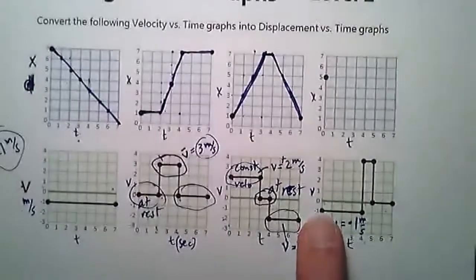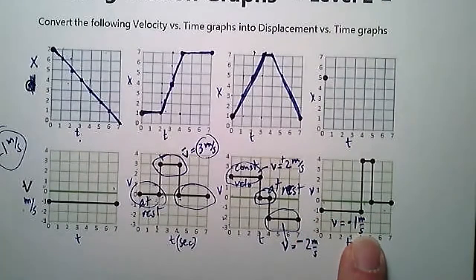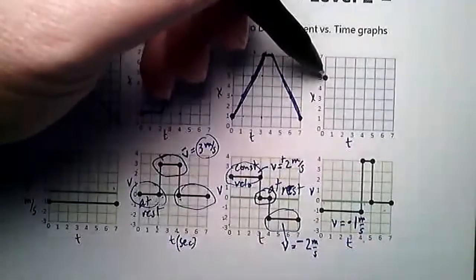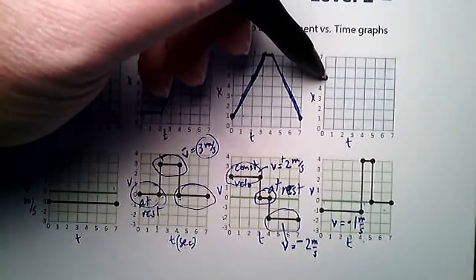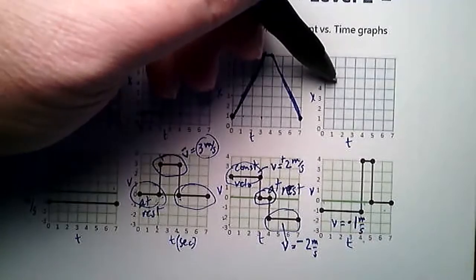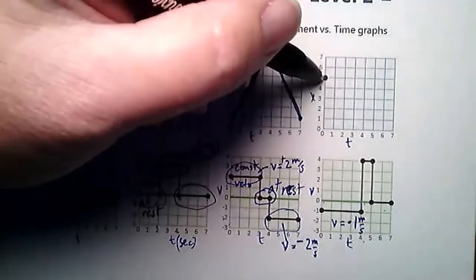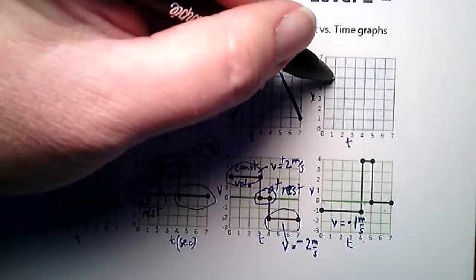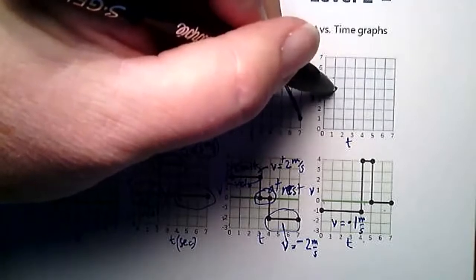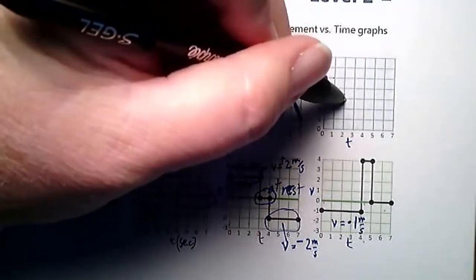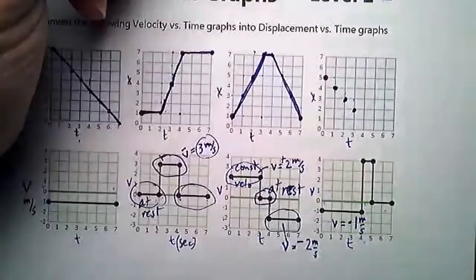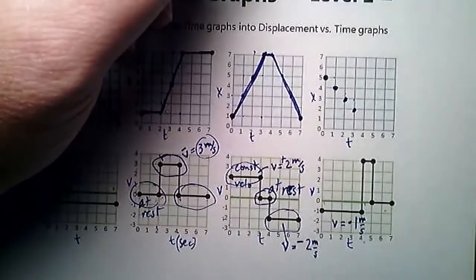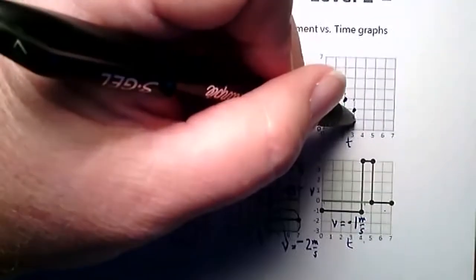Okay? That's negative 1 meter per second. So that means each second's time, for 4 seconds, each second that passes, I'm going to drop by 1 meter. So 1 second passes, drop 1 meter. 1 more second passes, drop another meter. 1 more second passes, drop another meter. And that's going to go until 4. So we got 1 more. Down 1,